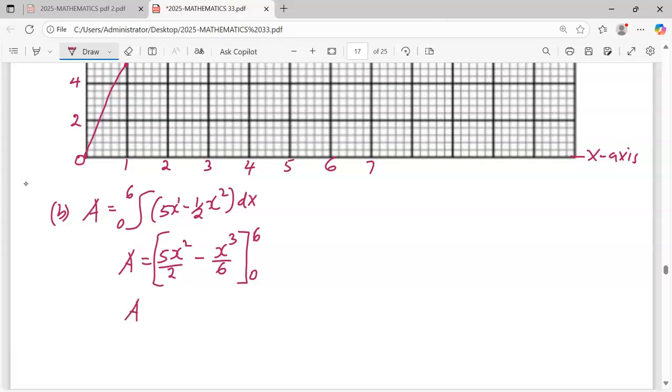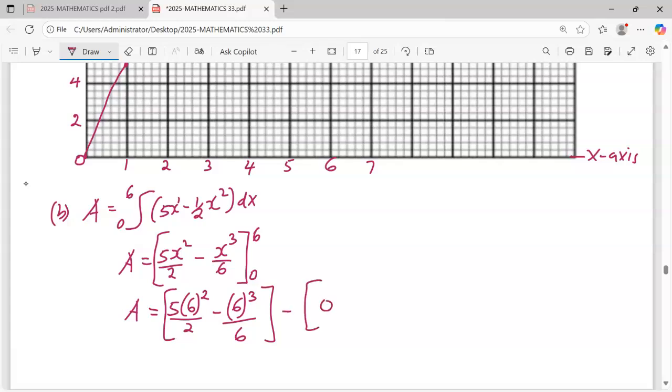Now the area is going to be equal to 5 times x, which is 6, but this one is squared, you divide by 2, minus x, which is 6. We are going to cube this, we divide by 6. Remember, the other one is going to be simply 0,